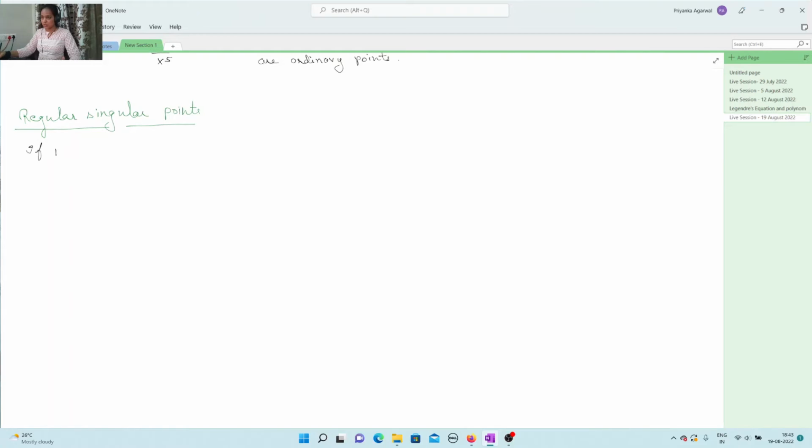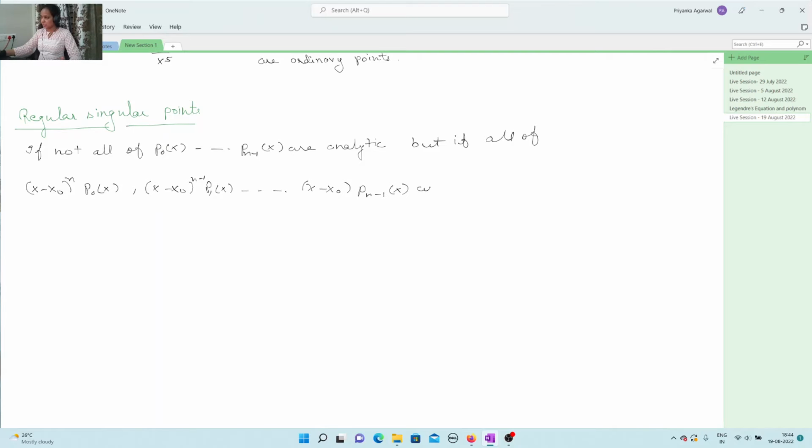So if not all of p0(x) till p(n minus 1)(x) are analytic, but if all of (x minus x0) to the power n p0(x), (x minus x0) to the power n minus 1 p1(x), and so on up to (x minus x0) p(n minus 1)(x) are analytic,